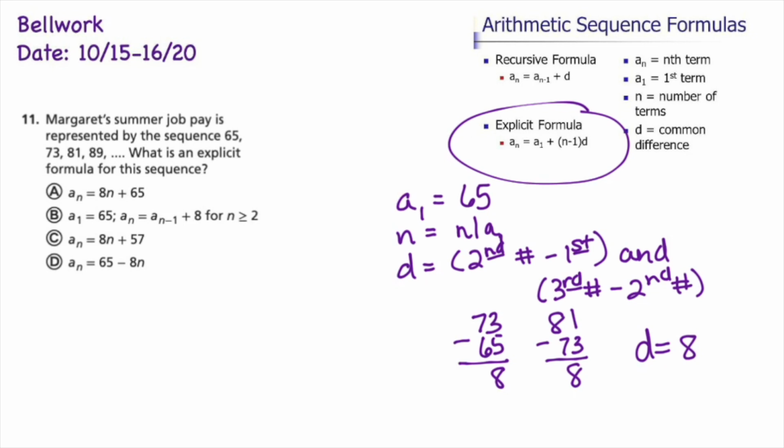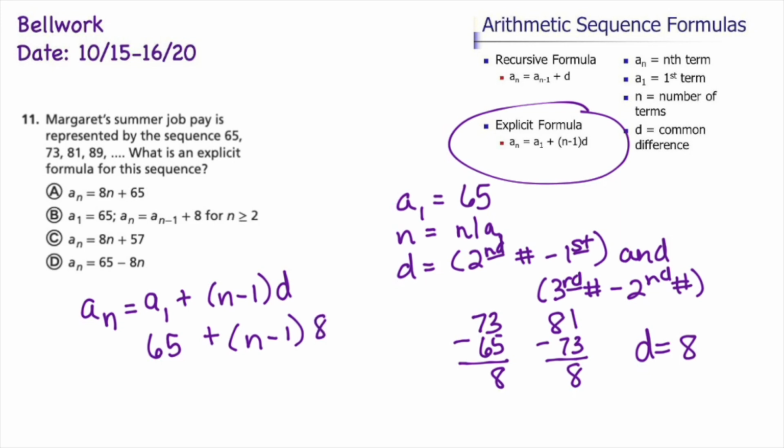So now you plug those values into the correct formula and you'll get your answer. So we have a sub n equals a sub 1 plus n minus 1 times d. So that is the formula. But we now know a sub 1 is 65 and d is 8. So everything else stays the same. And now you can distribute that 8 into the parentheses, and you get 8n minus 8. Combine like terms, so 65 minus 8 is 57. Then look for the answer up above, A, B, C, or D, that has 8n plus 57, and that is